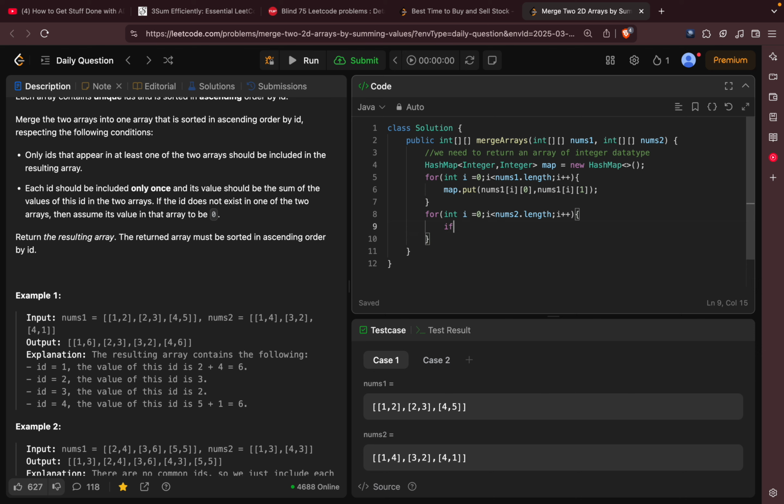Best thing to do is if map dot contains key of nums2 of i of 0,